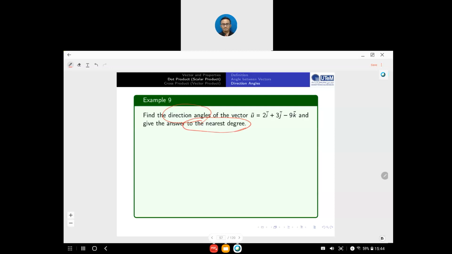So first of all, you need to find the magnitude of vector u, equal to the square root of 2 squared plus 3 squared plus negative 9 squared. Okay, so this one you can get by 4 plus 9 plus 81. Okay, so this one you can get the square root of